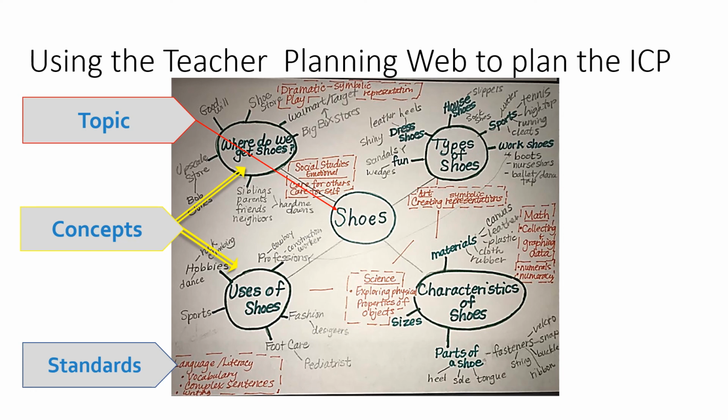For a shoe project, for example, if children were really interested in what are our favorite shoes in our classroom, I probably would start with the right side of that planning web. We would do activities to investigate characteristics of shoes and types of shoes, because my assumption is children being fixated on favorite shoes, that's going to have something to do with the trends. It could have something to do with sports figures. It could have something to do with the characteristics of their shoes, like high heels or glittery or shoes that light up. So once we know their questions, then we know where and how we're going to form our activities.